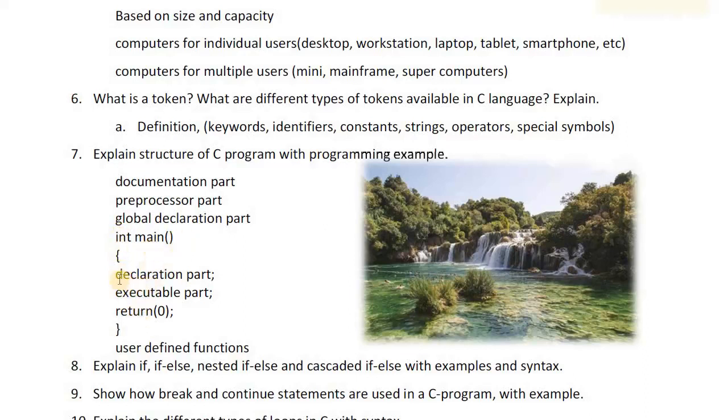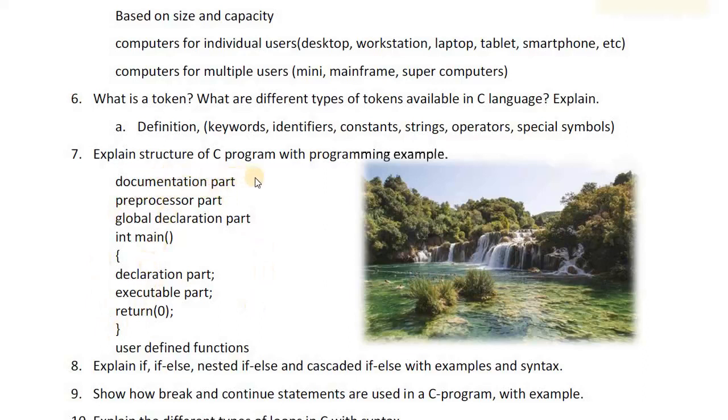It has two parts. Declaration part, where we allocate the memory. Executable part, which contains instructions for input, process and output. Allocate the memory, read the raw data, process and show the result or transmit to the secondary memory. The program completes. If the given problem is complex, divide it into n number of subprograms. Those subprograms are called user-defined functions. We write them after the main, and you can write them above the main also. This is what we call the structure of a C program. If you answer what is the structure of a C program, you get 1 mark. If you list this structure, you get 2 marks.